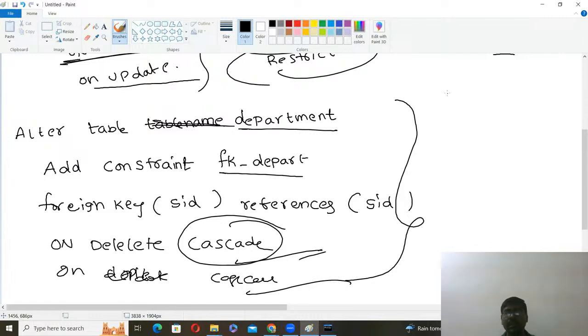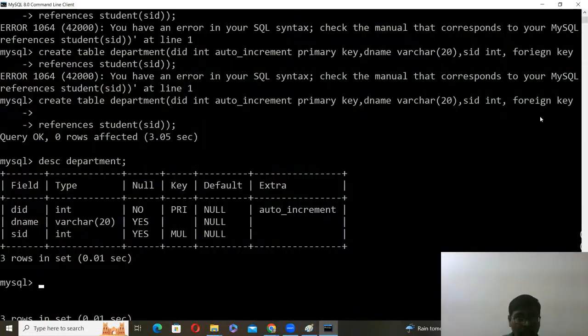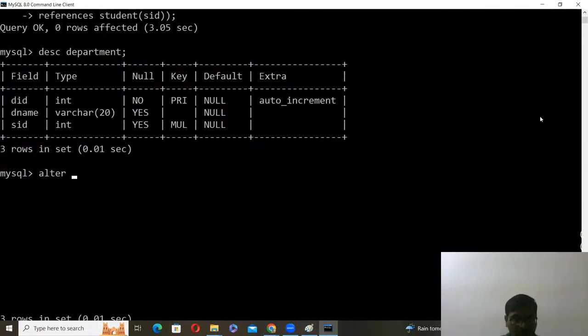We are adding constraints, so this procedure is very difficult. No problem, you can create the table again. If this leads to some confusion, use ALTER TABLE. Right now you are not inserting any values, so no problem. Again, create the table. Suppose, ALTER TABLE department ADD